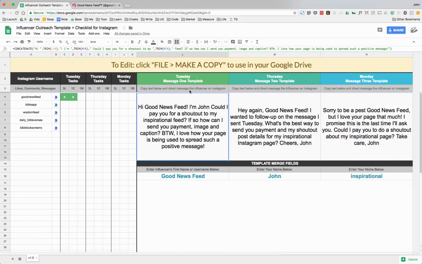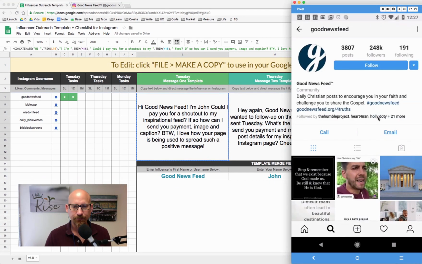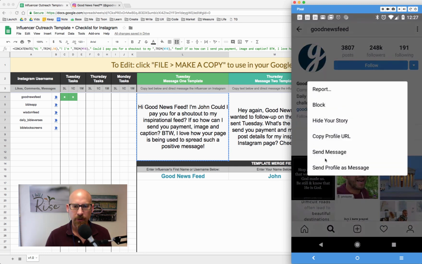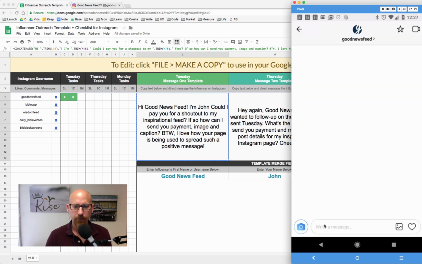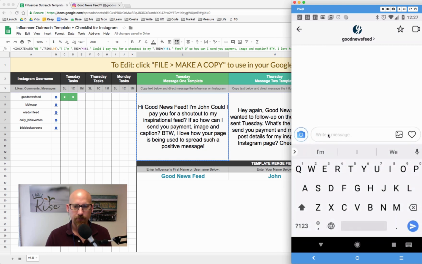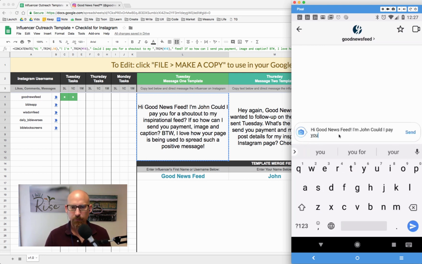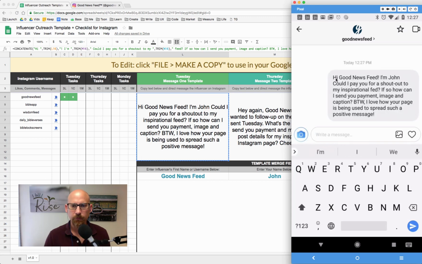So that's done. If we go over to the mobile app and click on the overflow dots here to open up the menu, we can click send message. And once I'm in the right message box in my mobile app, on my keyboard on my desktop, I can hit the copy paste shortcut and it will fire that message off.